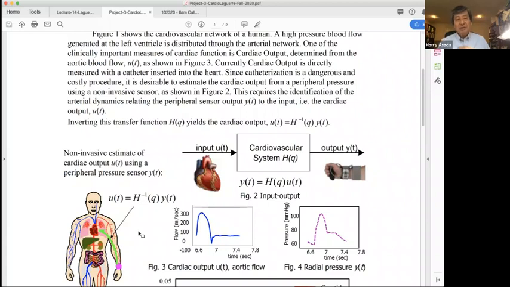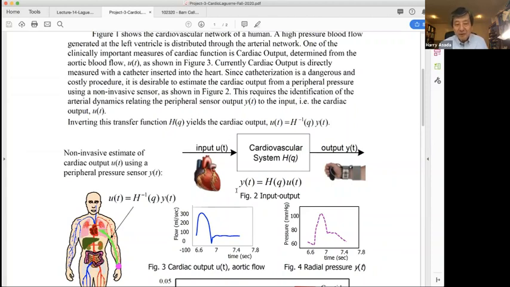Well, and also we like to check the waveform, such as like this. This is your heart producing this kind of pressure. But that's actually the flow coming out of it. However, to get the correct measurement in the ICU, people use a catheter inserted into the heart. But this guy, catheterization, is a very dangerous and very costly procedure. It is desirable to estimate the cardiac output from your peripheral pressure using a hopefully non-invasive sensor, as shown in